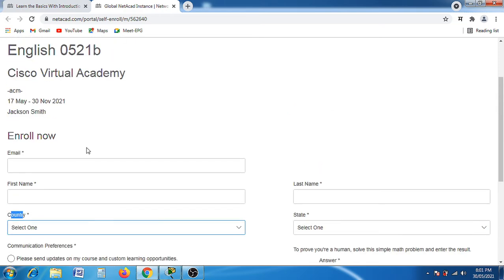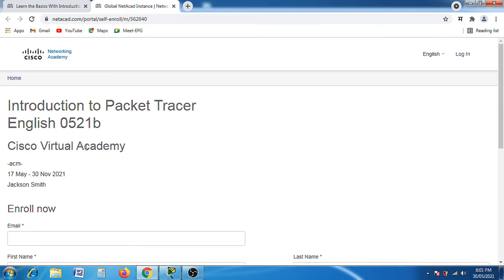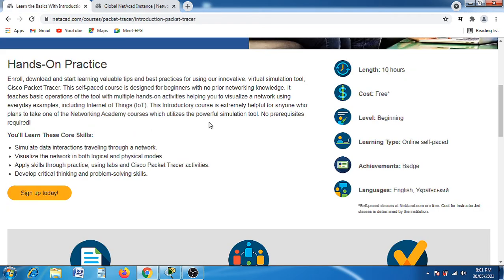As I have downloaded this software already, currently you are getting Cisco Packet Tracer 8.0 as a version, and that is the stable version of Cisco Packet Tracer. So in this way you can download the software and as well as you can earn the badge of Cisco Packet Tracer. So that is all about the installation. Now we will move toward the execution of the practical.